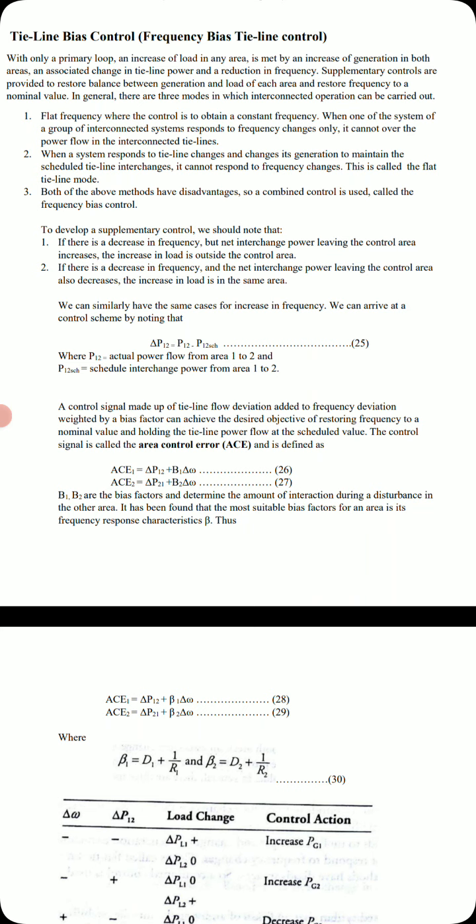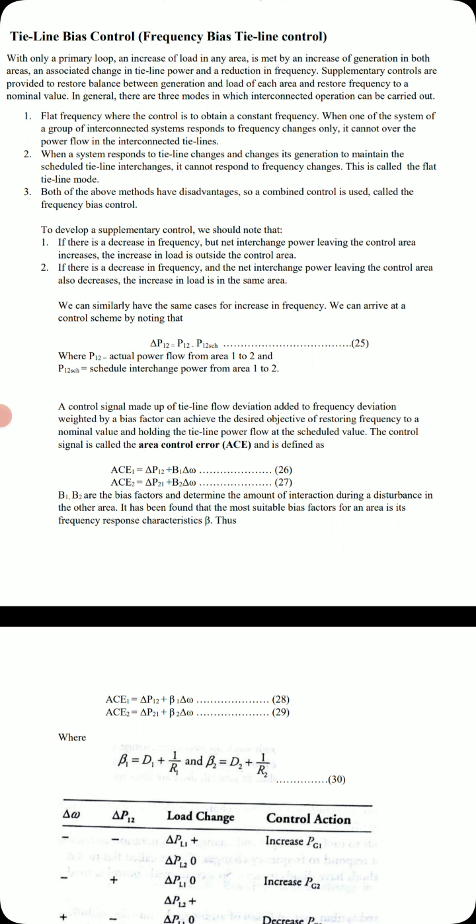If now area 1 had an agreement to sell only 150 megawatt, then the production cost of 25 megawatt would be unbilled. So area 1 does not want that additional 25 megawatt. In fact, this increase in generation occurred because of the interconnection between the two systems. Therefore, the supplementary control action in a given area should change the generation only for changes in the load in the same control area.